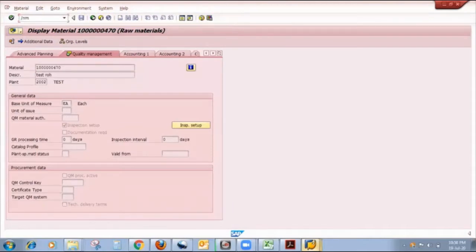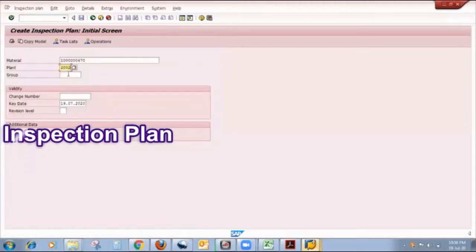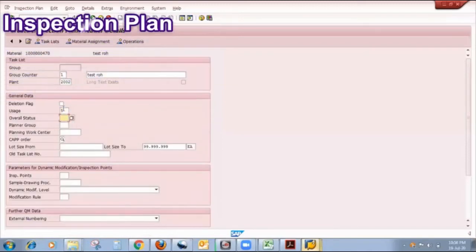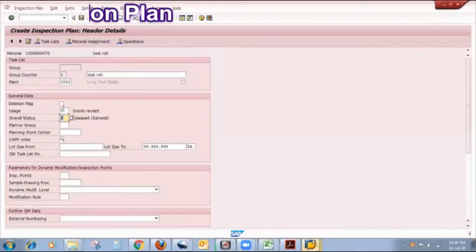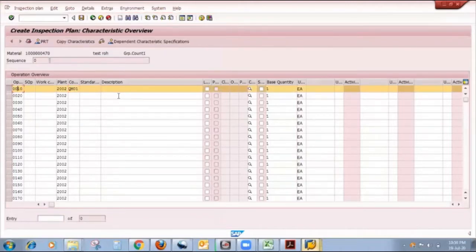Next thing I will show you, that is the quality inspection plan. So here I am creating one quality inspection plan for that finished material. Here is my control key.